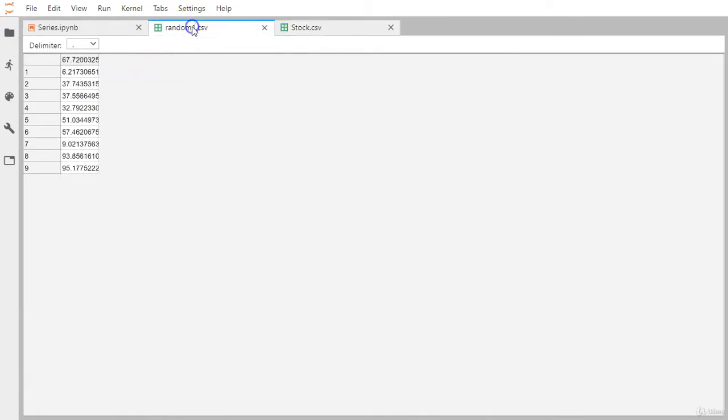Let's first concentrate on random1.csv. It has nothing, just 10 numbers only, and all those numbers are written on different lines. It is comma separated, but that doesn't make sense here because there are no two values, so it is not separated with anything. We want to read this inside our Python environment and create the series object out of it. Okay, so let me just switch over to our